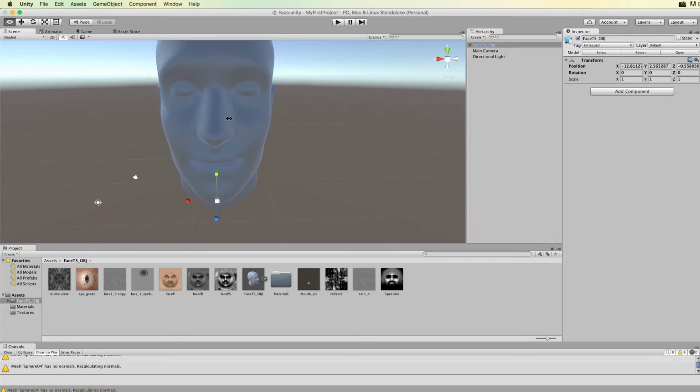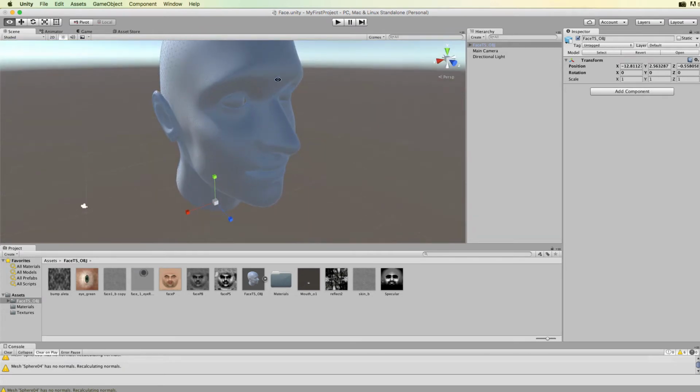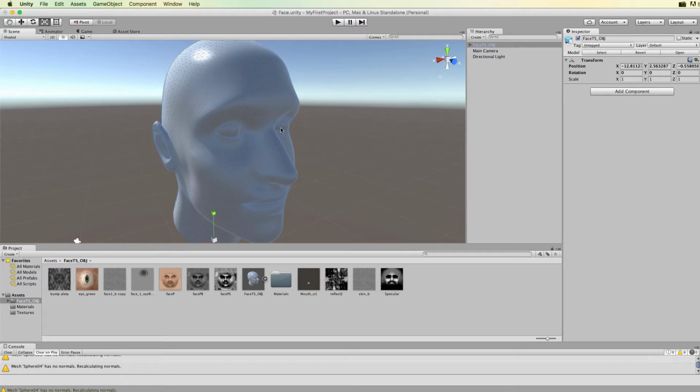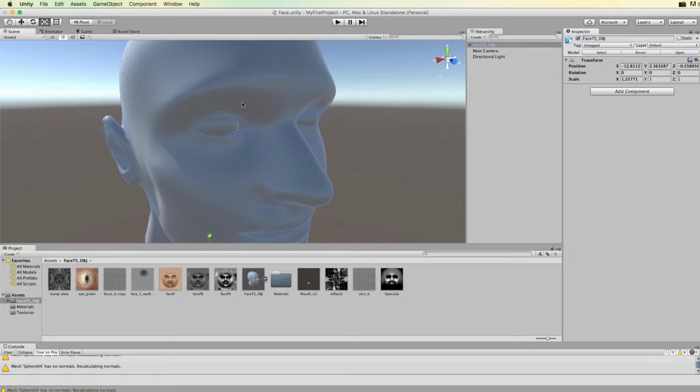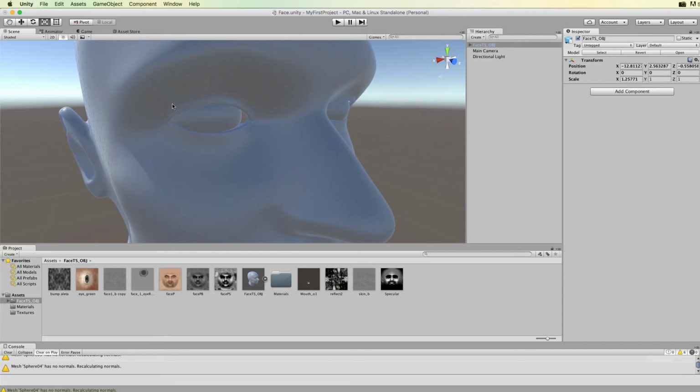okay, so it hasn't brought in the textures with it. We're just getting the model. Sometimes you'll drag in the model and it will bring the textures in automatically. I actually think this head's too skinny. I just want to make him a bit fatter. There we go. Okay, now if we have a close-up look at this model, you can see that it's made